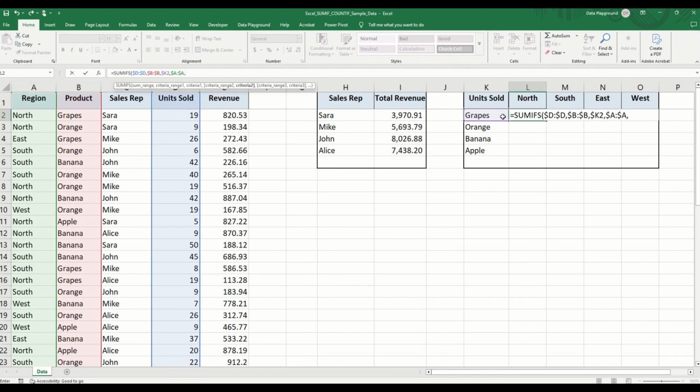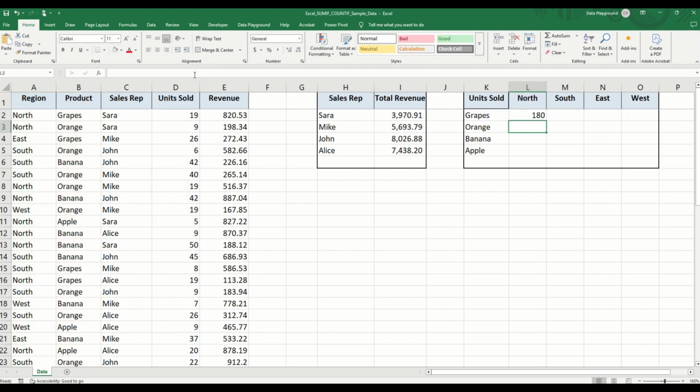And our criteria is going to be the region. So I want to select North. But as I copy this down and across, I want to make sure it stays locked in row 1 so that I am only referencing all of the data in row 1. So I'm going to put a $ before row 1. And when I press enter and copy this down